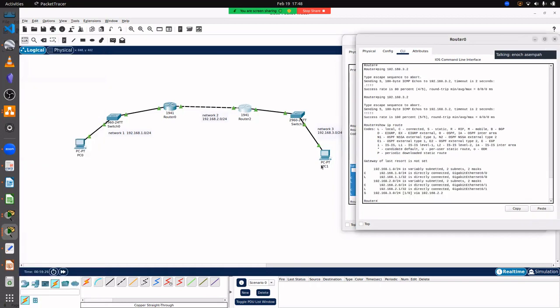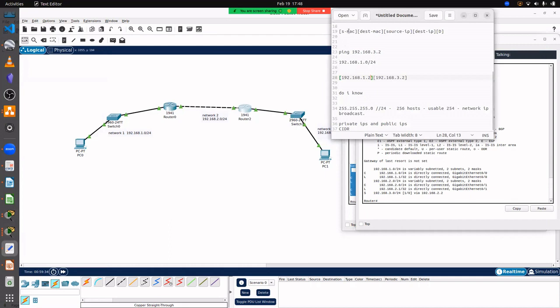When you are pinging from router 0, it goes through because when you do a ping, first of all, let me just pick this thing back again. Define the source and destination MAC address. It will start with the source and destination. So the source will be this guy. The destination will be this port. So they know it, but then the IP addresses will be, let's say this guy is not 1. So let me use that one. This guy is